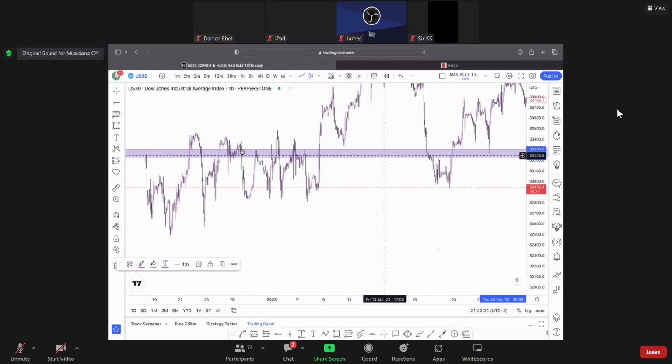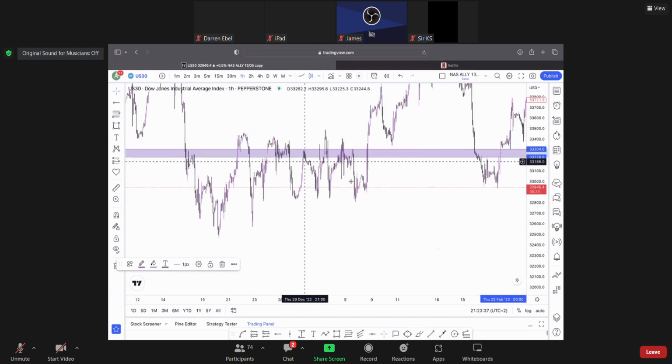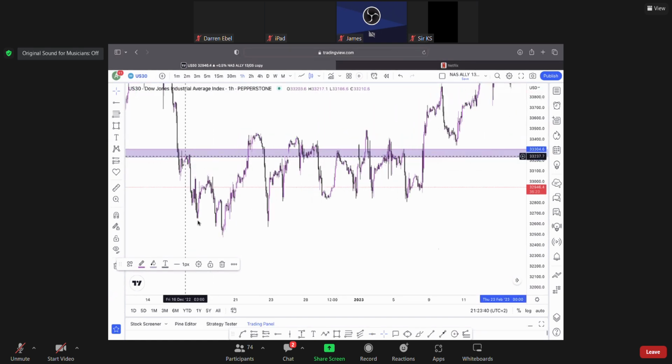Supply. Okay, yes, the supply here was a bit higher, but you can still see how price fell from that zone. Price fell from that zone, right? So that is definitely a significant